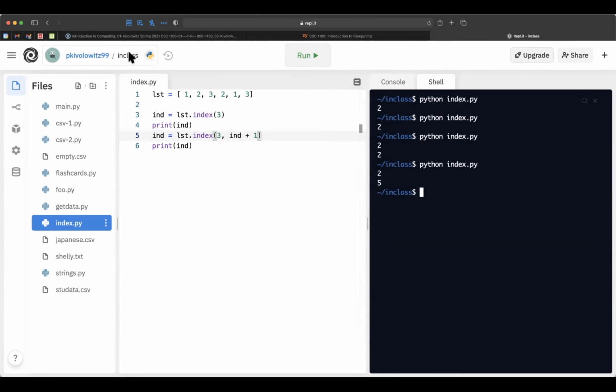Questions on CSV? File reading? Are we going to have stuff on CSV? Sure, why not? Just the stuff that we've done with it though, right?